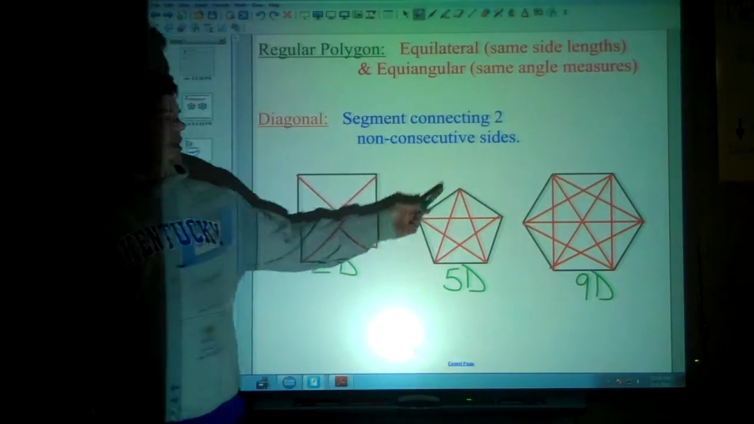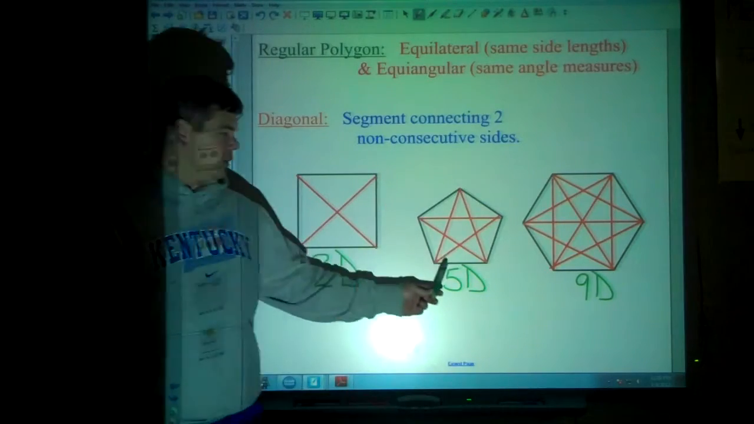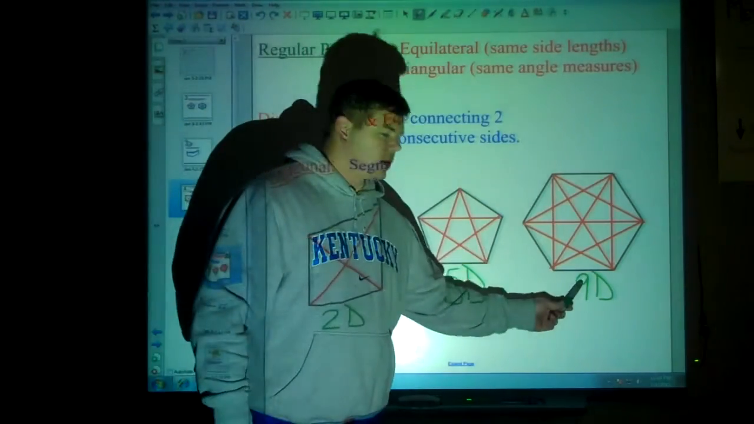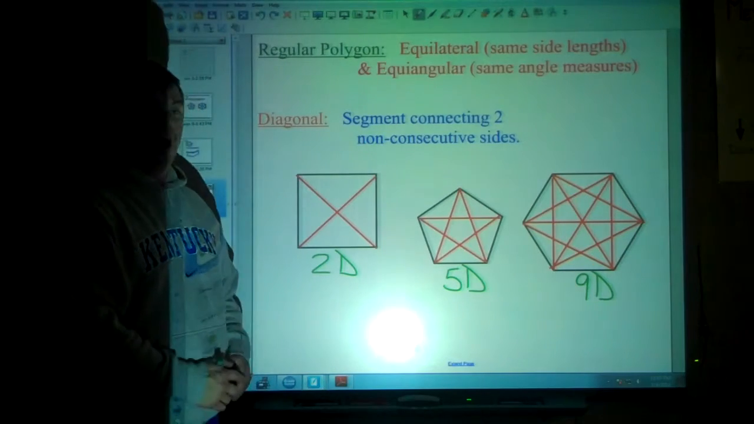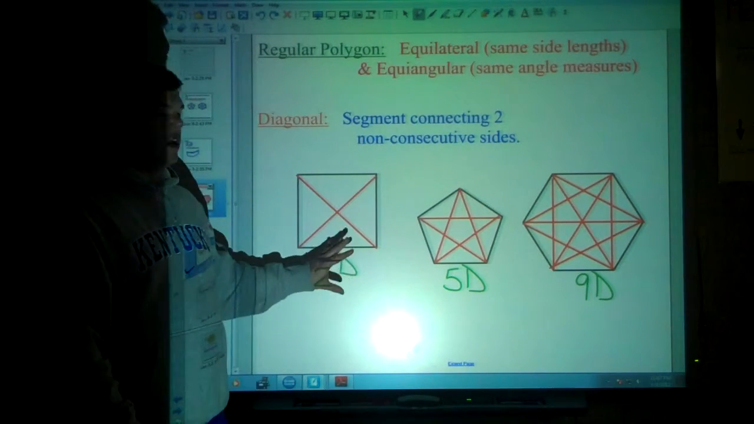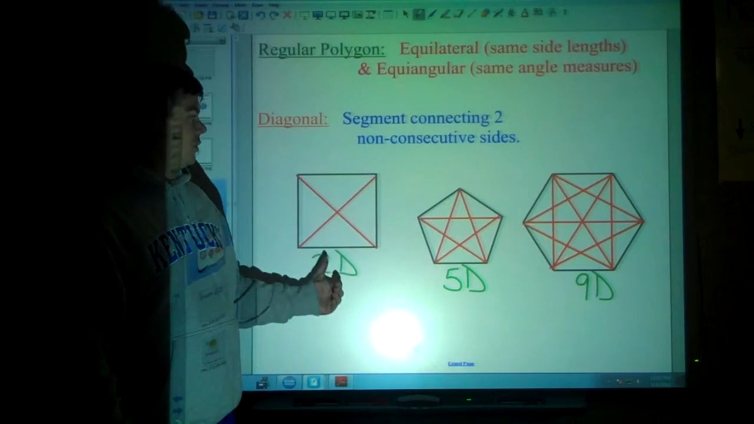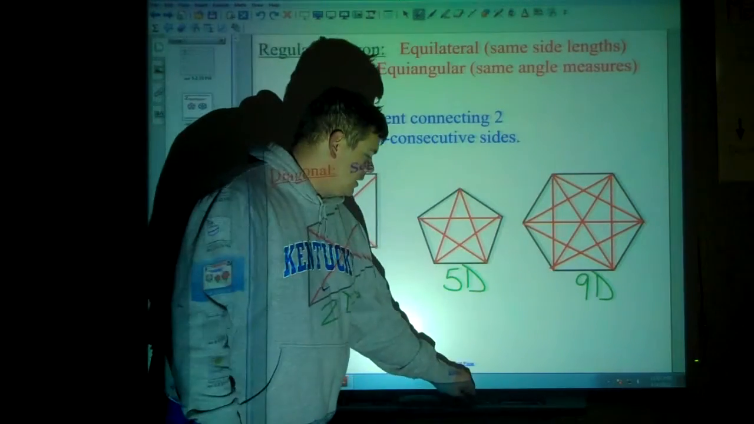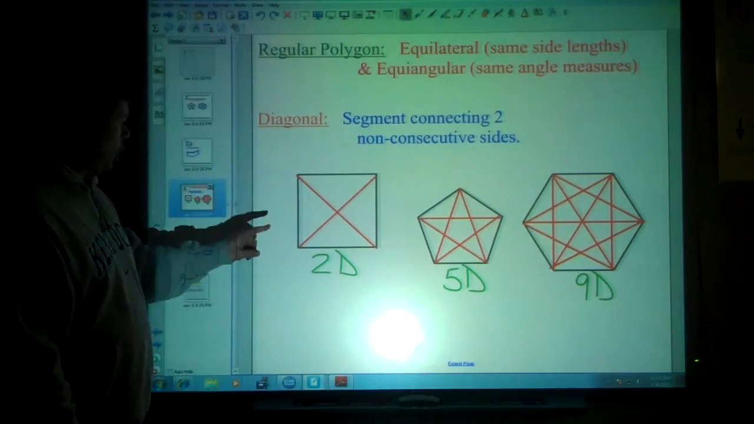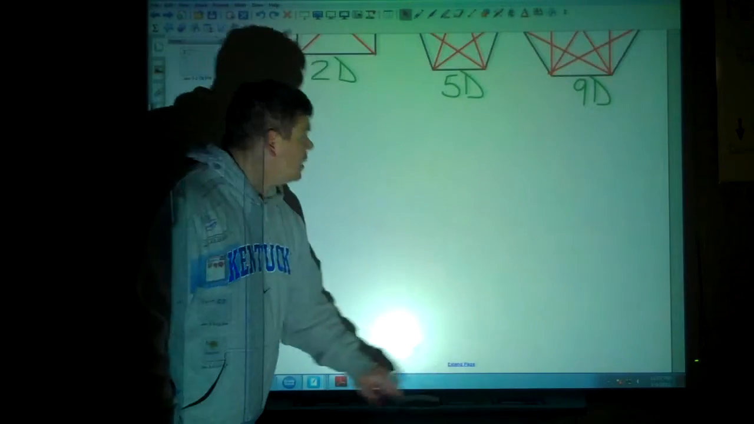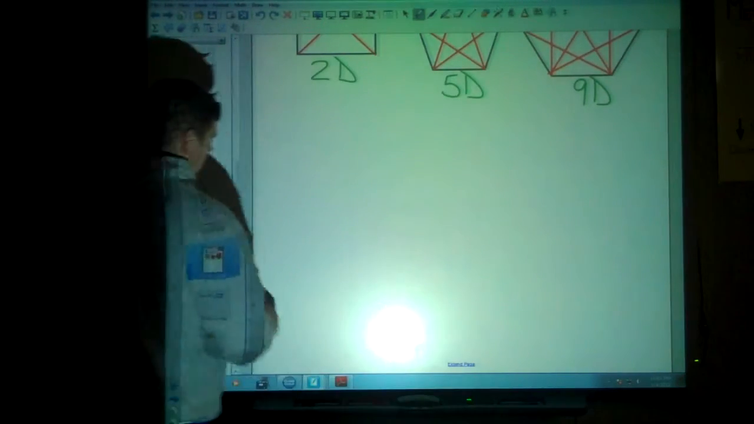As the number of sides increase, it goes up by 3, then it goes up by 4, and I'll bet you could guess the next one would go up by 5. So if I were to draw a 7-sided shape, heptagon, it would have 14 diagonals in it. Alright? We also use these, if I were to look at those shapes again,